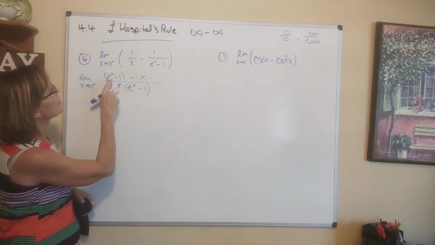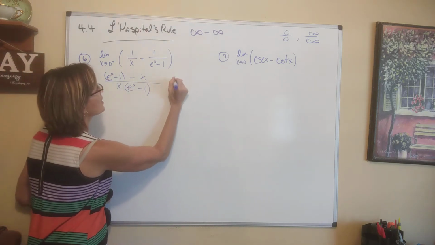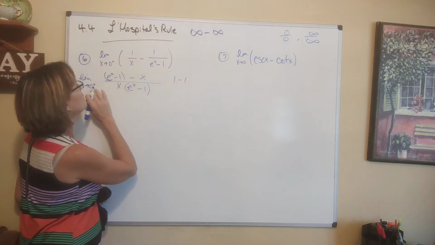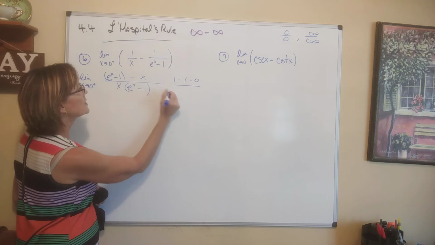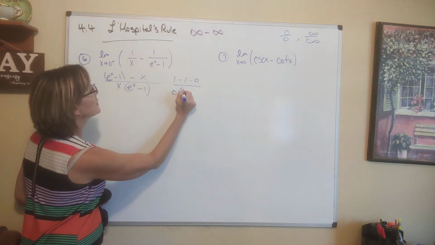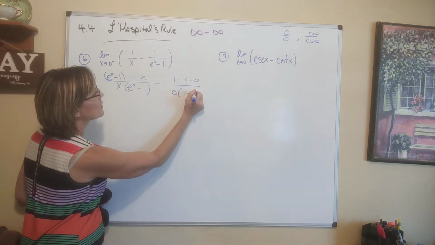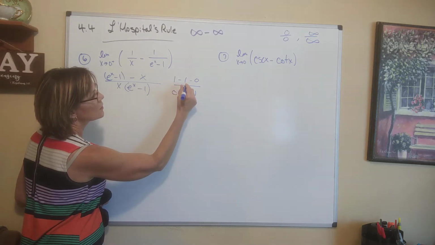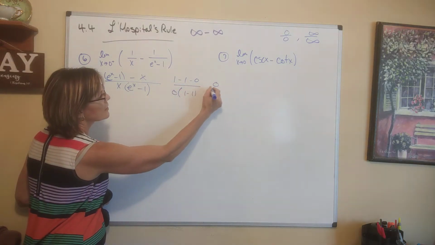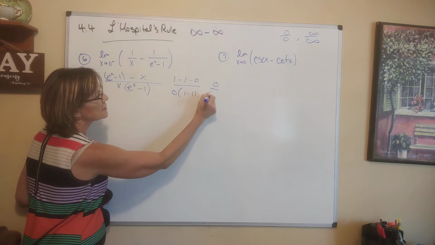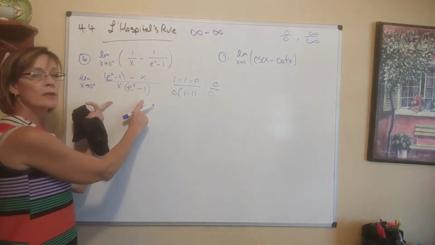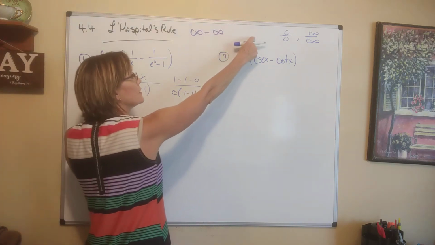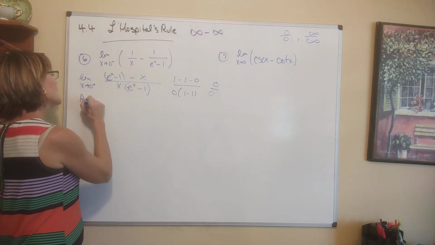Okay, let's see what this gives us. If we plug in 0, we get e to the 0, which is a 1, minus a 1. We plug in 0 for x, minus 0. Down here we have 0 times e to the 0 is 1, minus 1. We're looking at a 1 minus 1, which is a 0, and 0 times 0 is a 0. We've got this indeterminate form, which means now that we made it look like this, we're allowed to use L'Hopital's rule. So now we will apply